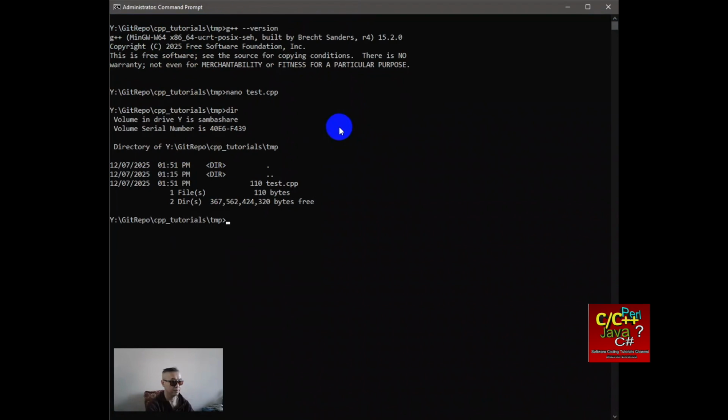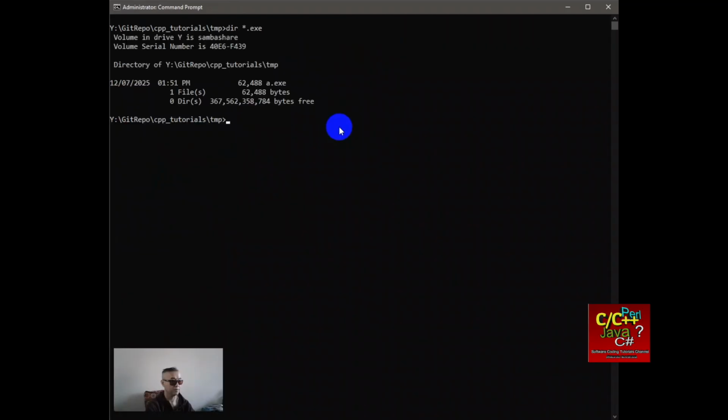do dir, type test.cpp, and then I can type in g++ test.cpp, and let me clear it. I should see an executable, so type a.exe, and there you go. So that's how you can install the latest MinGW-w64 and then compile. You can also use Code, VS Code to be exact,